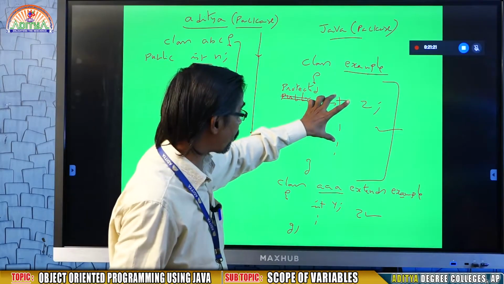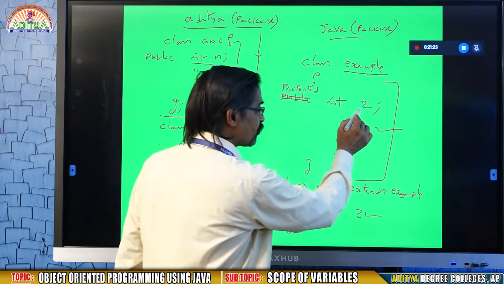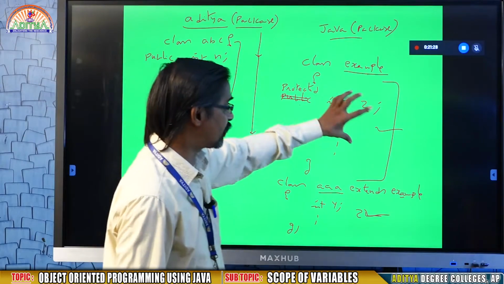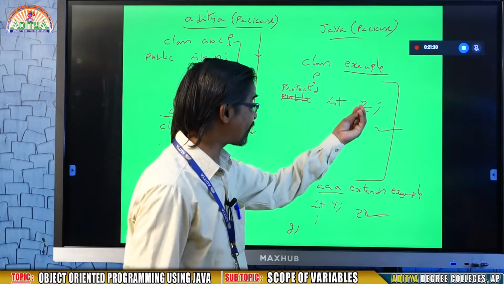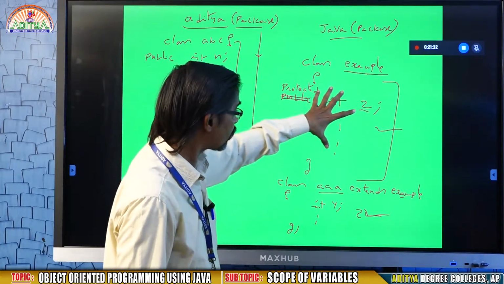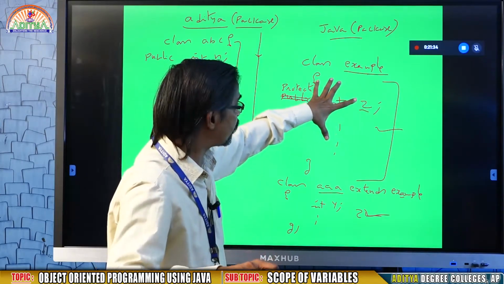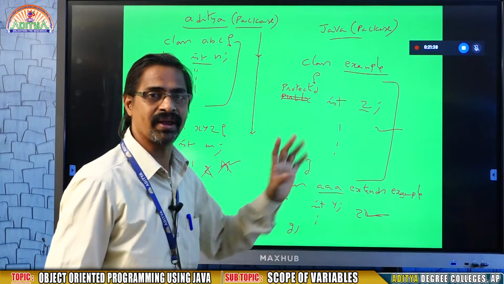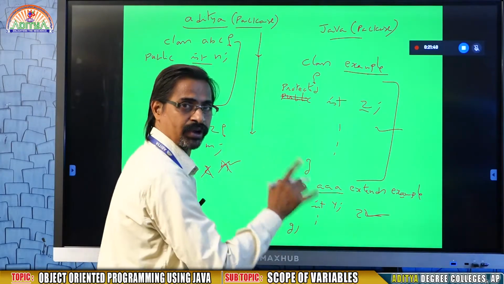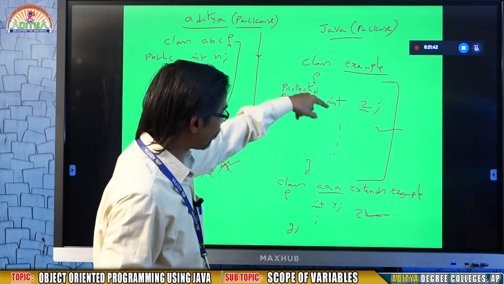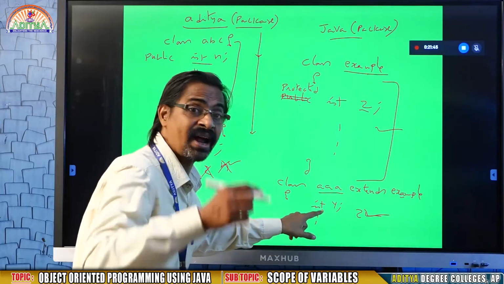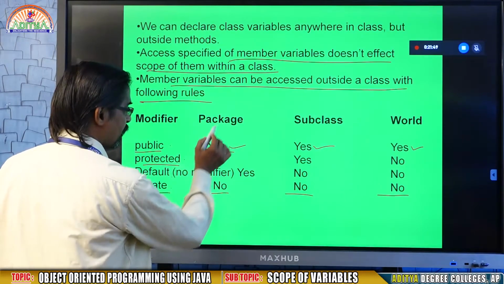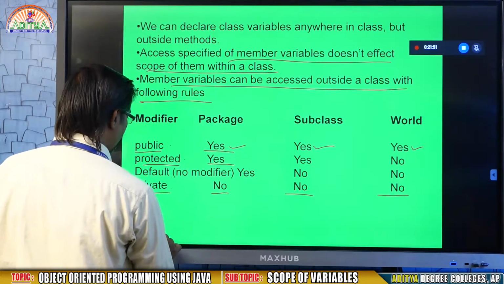That's why whatever properties are protected, that Z will come into this place. So far its scope is within Example. Now the scope of Z is expanded to AAA because protected items will be accepted within the class and in the inherited class.